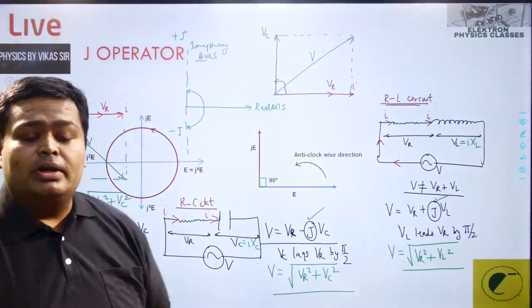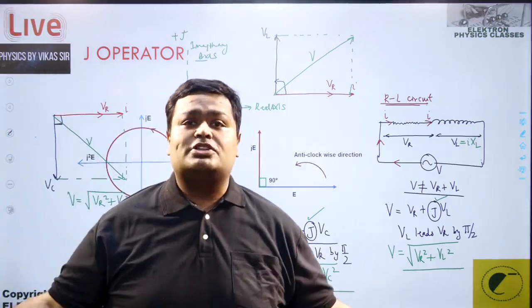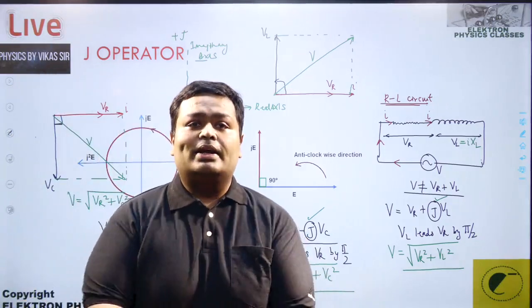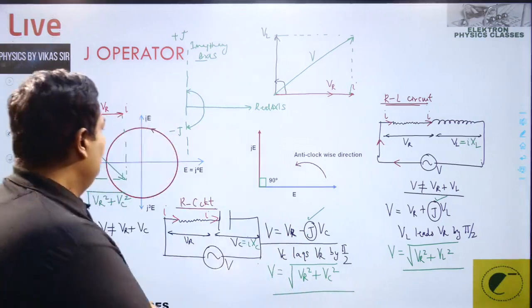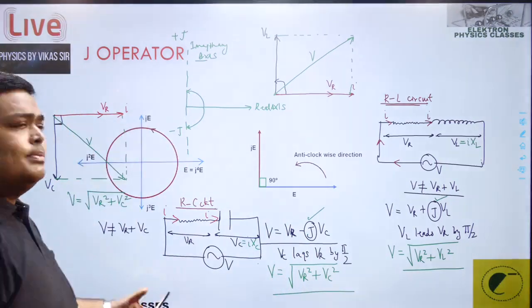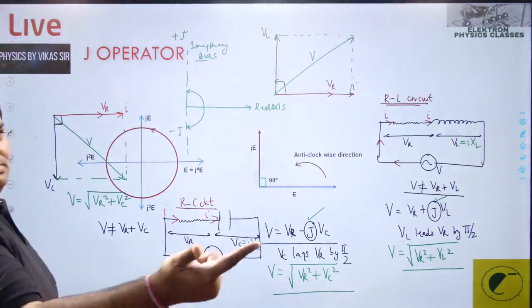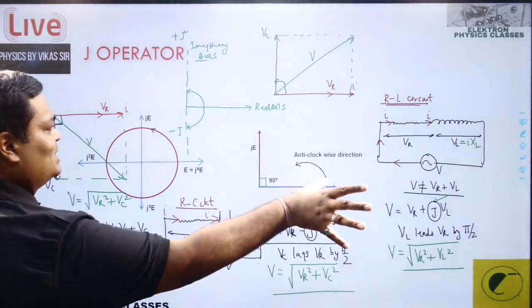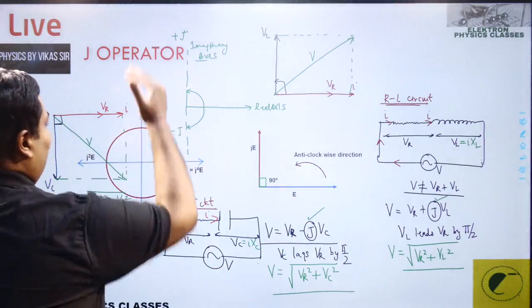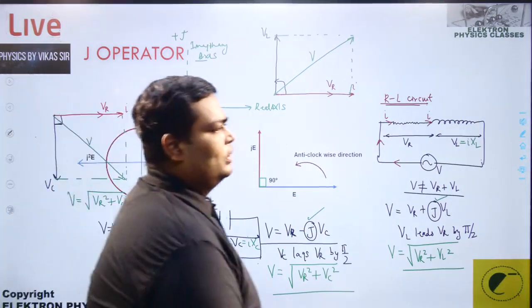It looks so good, it feels so good when the concepts merge and the learning becomes easier. So learning has become easier, concepts are merging. Imaginary axis, j operator, real axis, only resistance, inductor, capacitor. Great, cool.